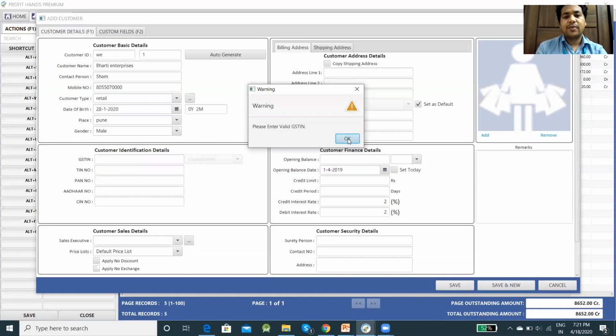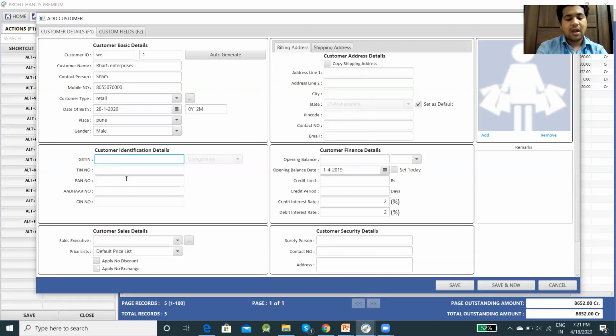So it is showing you please enter valid GST. So I don't have right now a valid GST. So it is showing me that the GST is not valid.